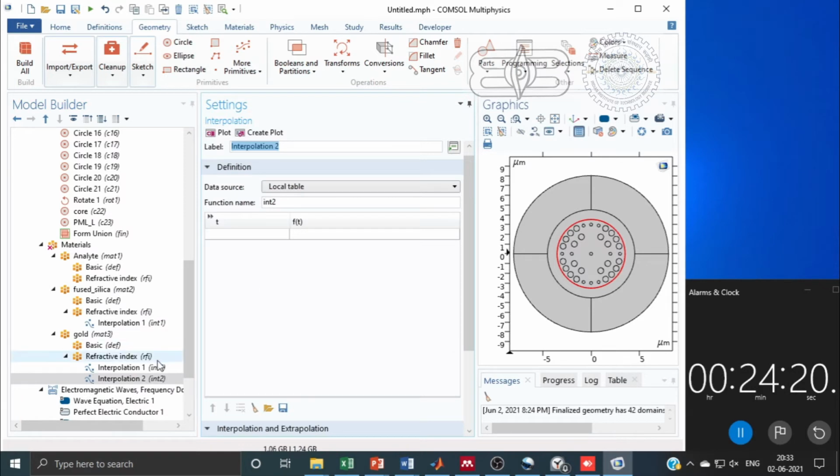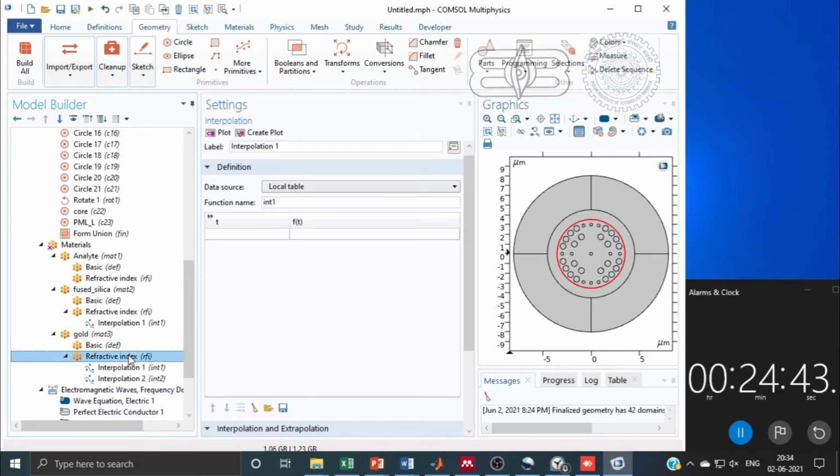So here we can see that we have two interpolation functions, one for the real and another for the imaginary part of the refractive index. Here we will change the function names to int1 and int2.